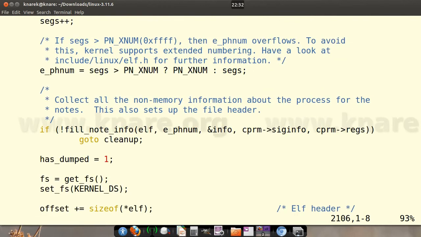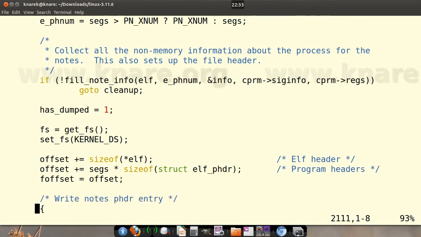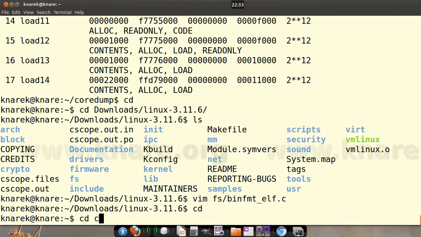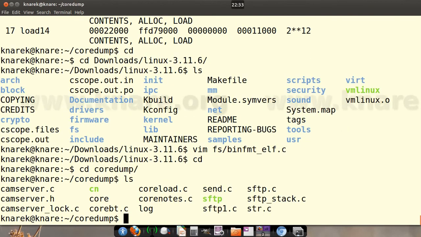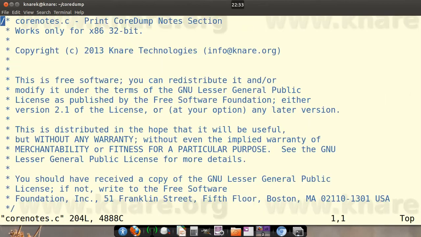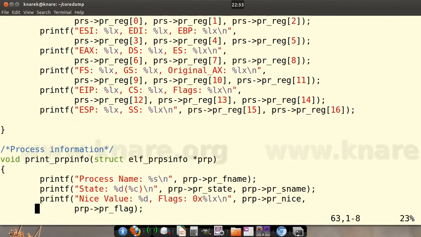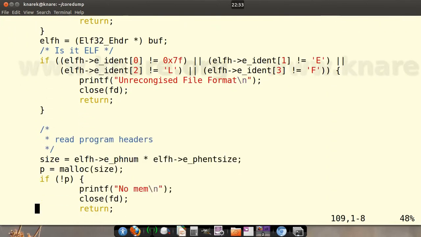core file. Clear? As I told you, all the other information from the previous layer that I explained should go into the core file. This function will tell how that information is encoded into the core file. Once you have that information, you can write a function, a piece of code, to decode this core file. Clear? In my case, I have written one piece of code here,